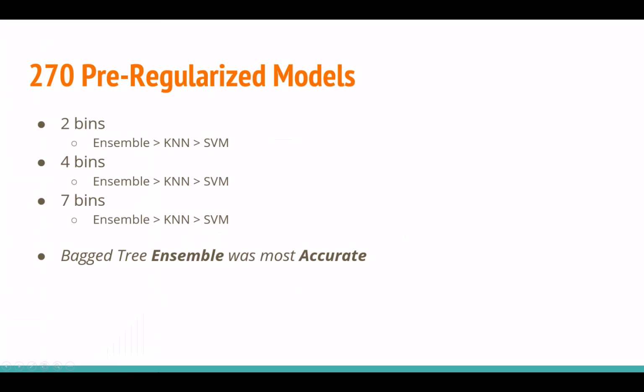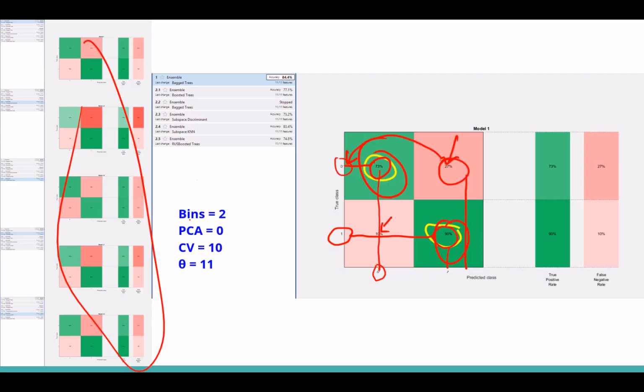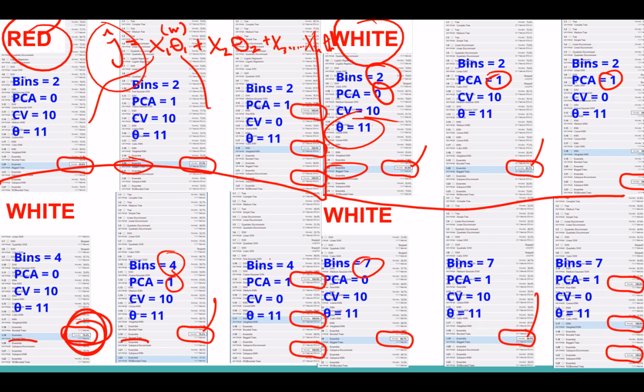So after examining 270 pre-regularized models, we see that using the various binning methods of 4, 2, 4, and 7, the SVM (support vector machine) is outperformed by KNN, which is outperformed by ensemble. And that's a generalization. If we go back to these, you're not going to be able to read this because of compression again, but the most accurate ensemble is more accurate than the KNN, which must be around here,